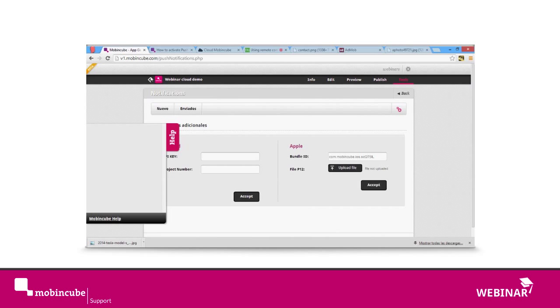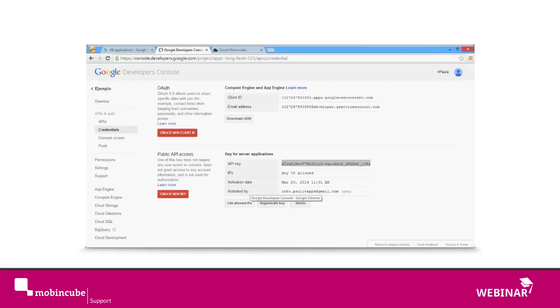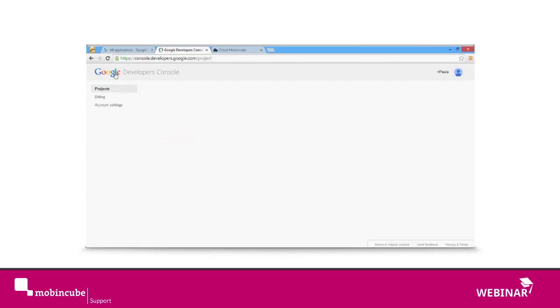So we need two things from you. We need your API key and the project number. For using notifications in Android, you have to have a Google account, and inside your Google account, you have to activate the Google Developer Console. So if you go to this URL here,